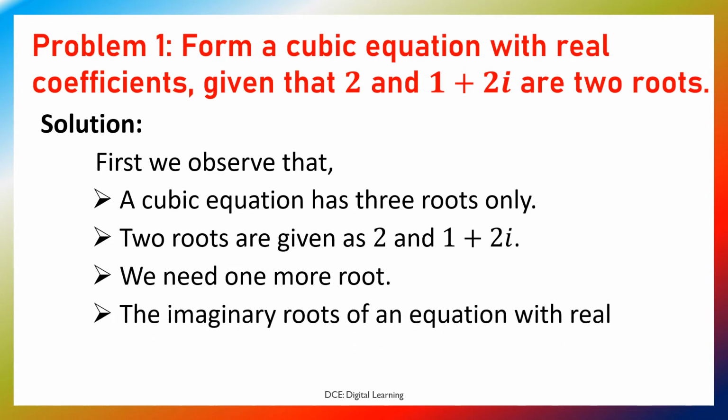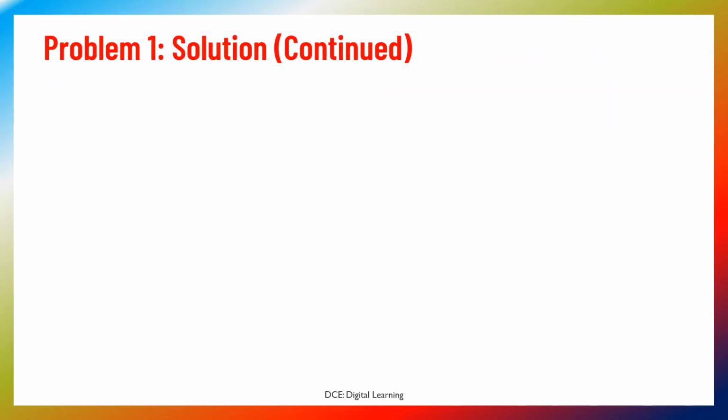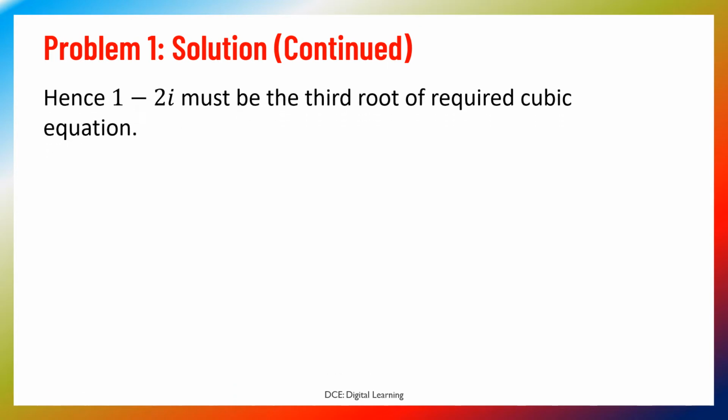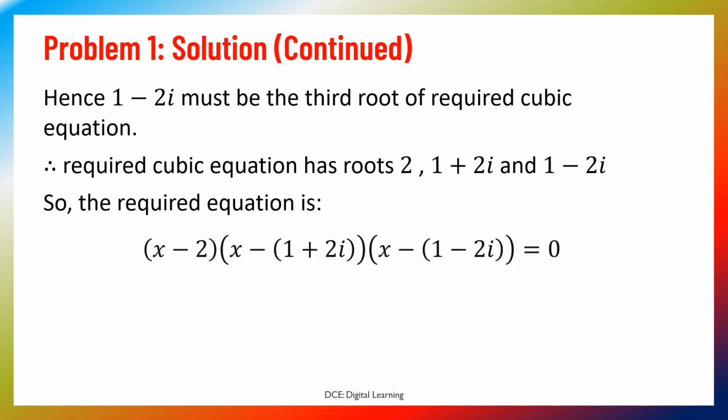The imaginary roots of an equation with real coefficients occur in conjugate pairs. Hence, 1 minus 2i must be the third root of required cubic equation. Therefore, required cubic equation has roots 2, 1 plus 2i and 1 minus 2i. So, the required equation is x minus 2 into x minus 1 plus 2i into x minus 1 minus 2i